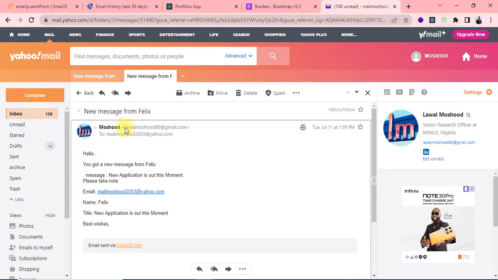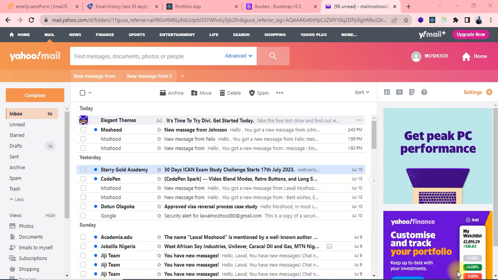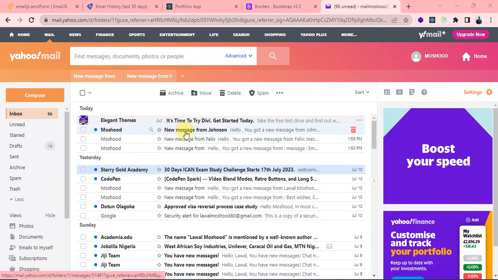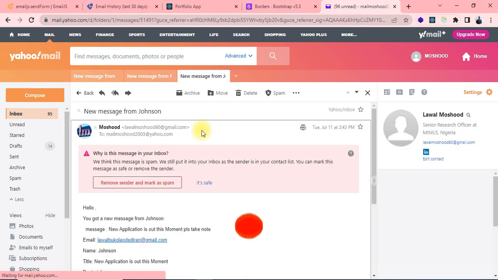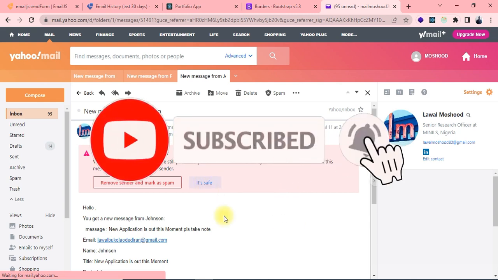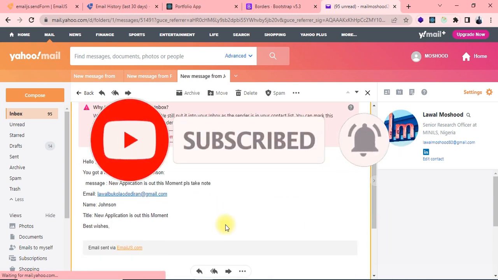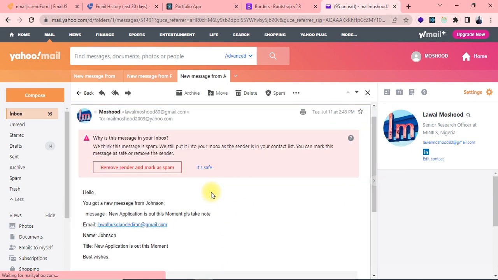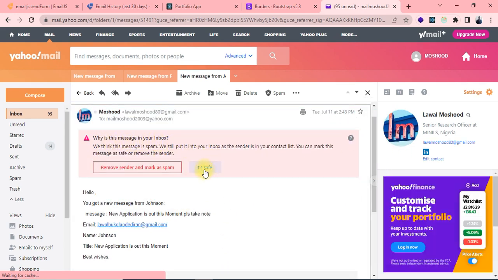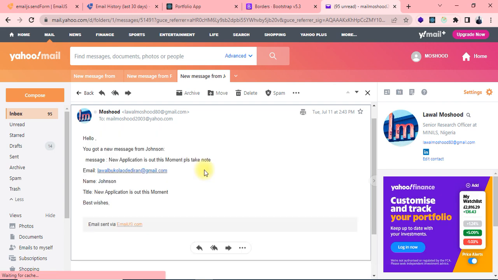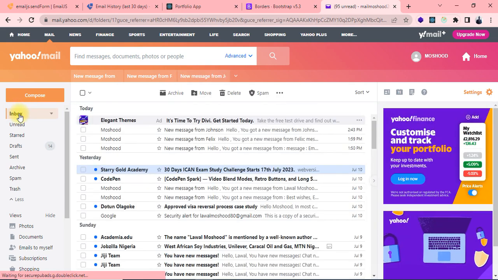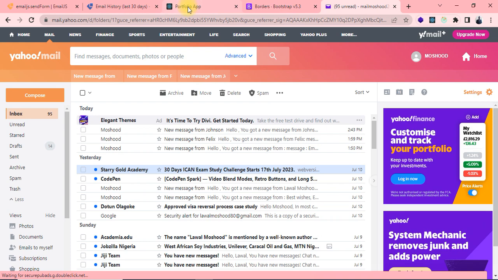If I check my email, you can see one email has dropped right there. Okay, so now you can see new message from Johnson. When you open that, yes, you will see the message. Now you need to be careful of the message you send so that you won't get this kind of warning. Though it's inside my inbox, so it's not as if it is a spam, but it will just give a warning depending on the content of the message. All right, so that is that on this